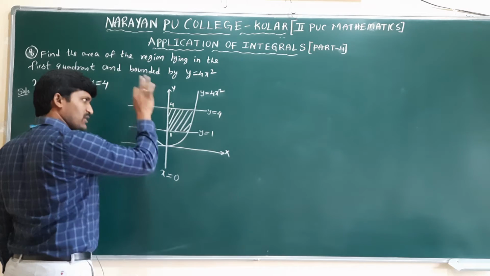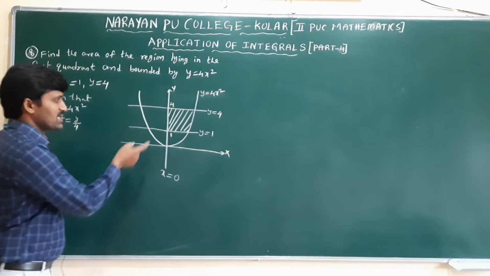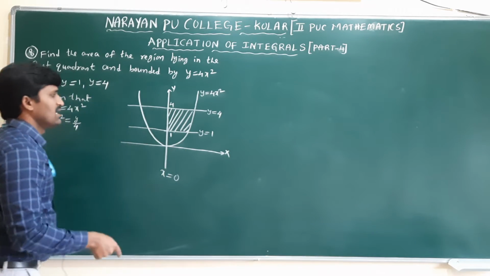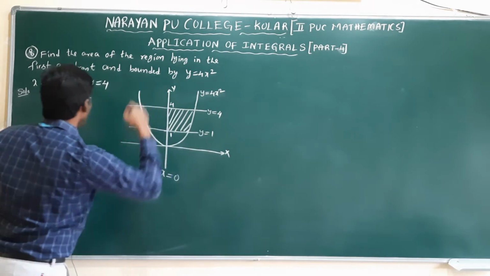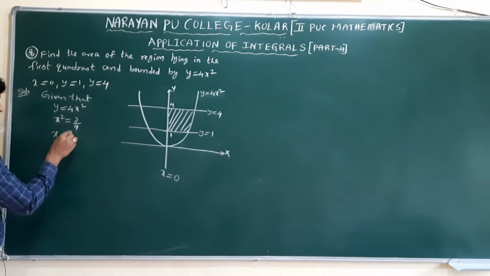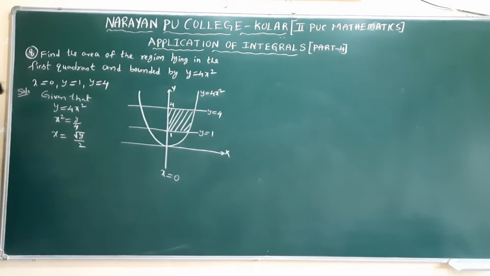But we are doing with respect to the y-axis because here the x-axis is not involved at all. That's why the area is clearly symmetric with respect to which axis? Y-axis. Limits are also y limits only. That's why I'll convert x completely in terms of y. What will we get? Root of y by root 4 is 2.